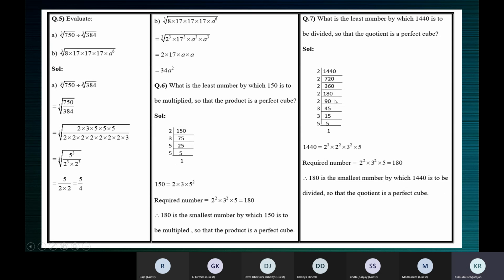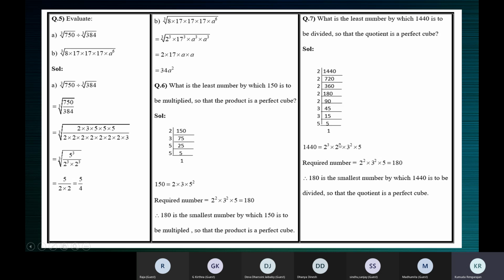So this is the prime factorization of the number 1440. Now 1440 can be expressed as a product of primes like this. Now when you see 2 cubed, 2 occurs in triples, fine. 2 square, take it away. If it is multiplied, then you should write 2 here. If you're finding the number to be multiplied, that I'll ask you later.